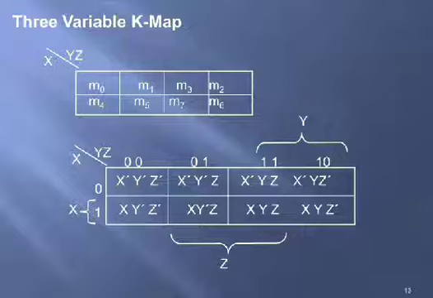And while placing the minterms in the cells of the K map, you need to follow gray code, that you need to remember: 0 0, 0 1, 1 1 and 1 0. For one variable there is no difference between gray code and binary code, 0 and 1, but for two variables there is a difference between gray code and binary code. So here you need to mention gray code, which stands for the order of 0 0, 0 1, 1 1 and 1 0, that you need to remember.